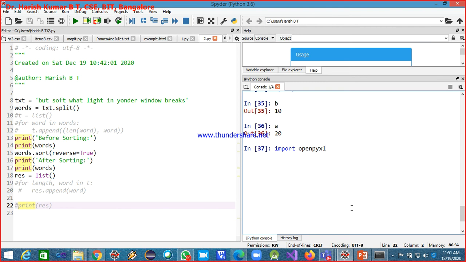If I press enter, and it is imported successfully without any error, that means the module already exists in my Python. It is importing. It's still importing.